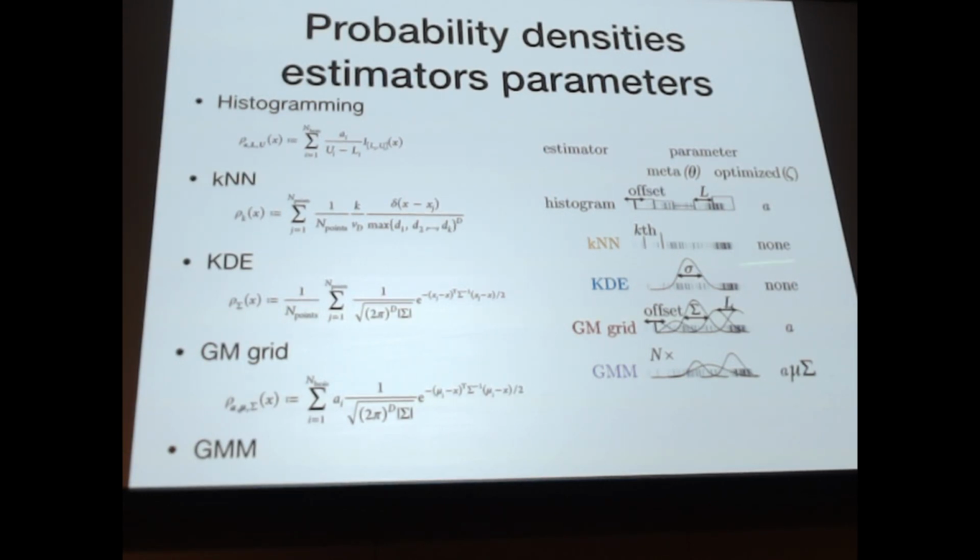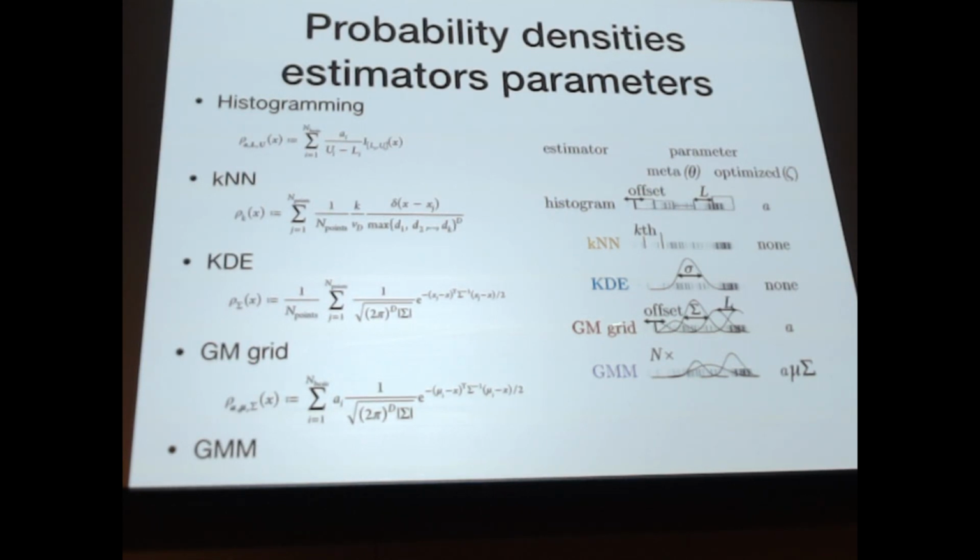And the only parameter that needs to be estimated is the width or the variance of the Gaussian. So the number of Gaussians is fixed because it is equal to the number of points that you're estimating the density for. In the case of GM grid, basically Gaussian mixture on a grid is a continuous version of histogramming,